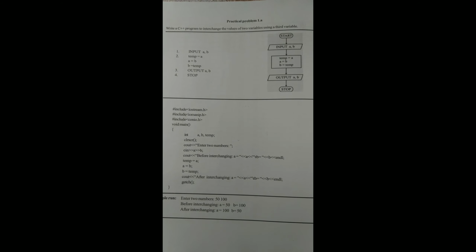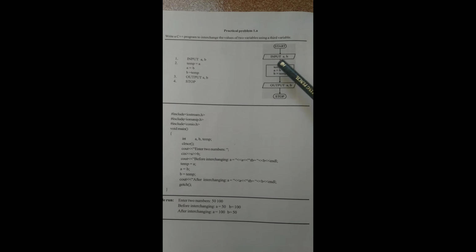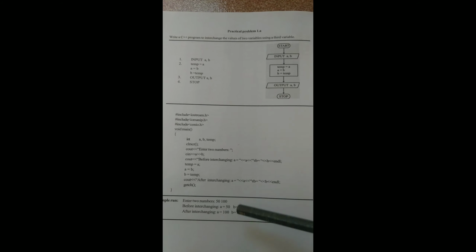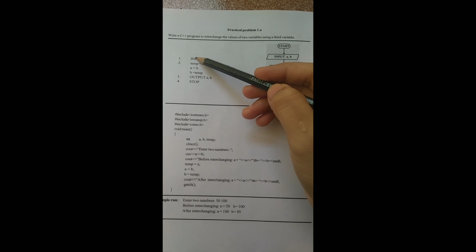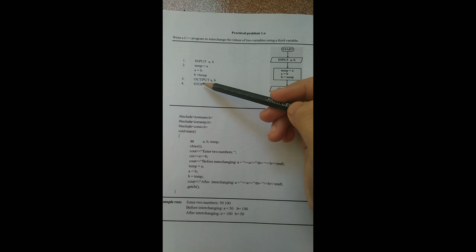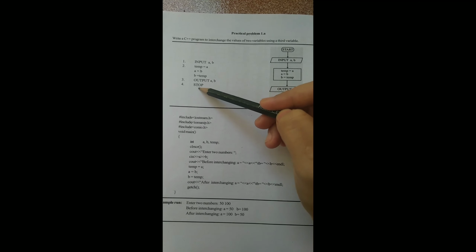So for any C++ programming, you are going to first write the algorithm, then the flowchart, then the program, lastly the output. First I'm going to explain the algorithm, then the flowchart, then the program. In any algorithm, first input, next the logic part, next the output, last stop. So input will be,